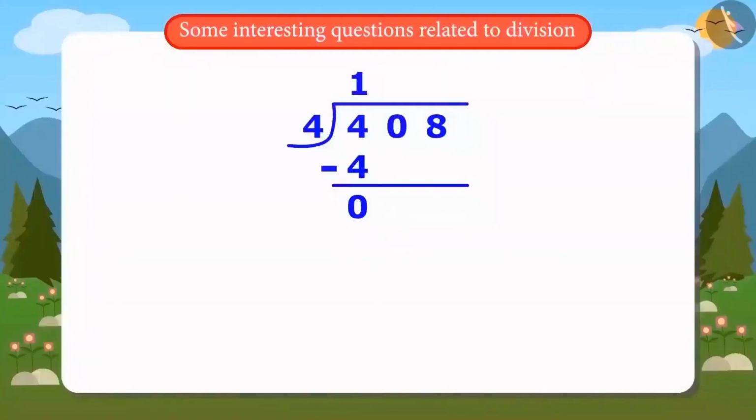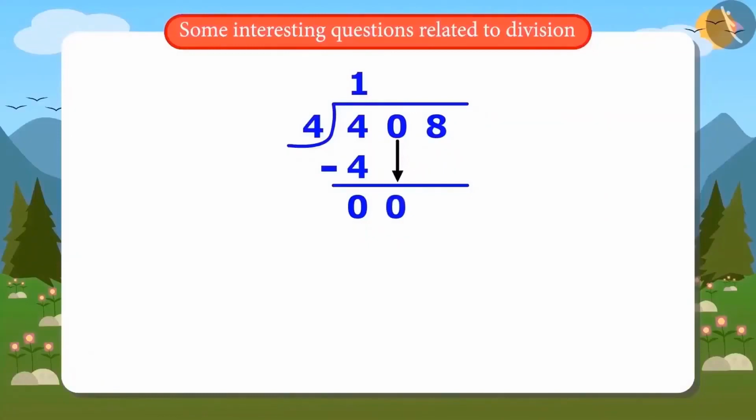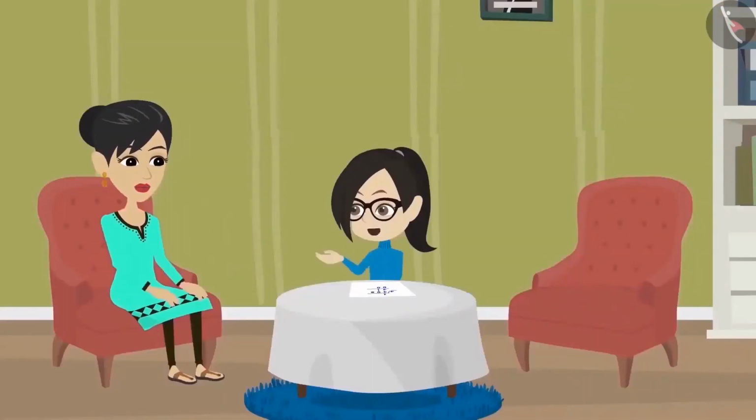Look, Vandana, you made a mistake while you were here. Now solve it from here. I will tell you when you made a mistake. Okay, let me write down the 0. Even after writing this number down, the remainder is 0. So let me also write down the next number. Wait, Vandana. What happened, Mummy?